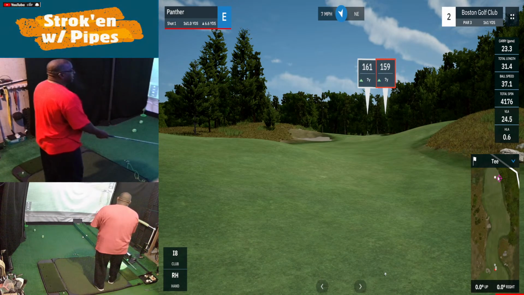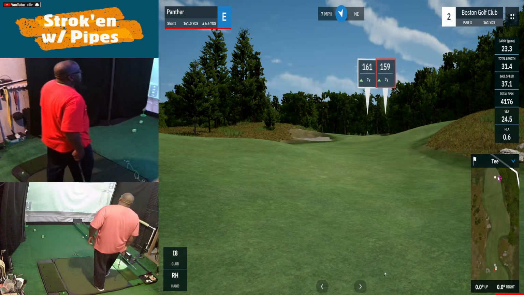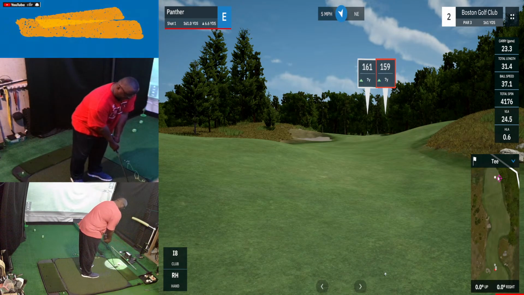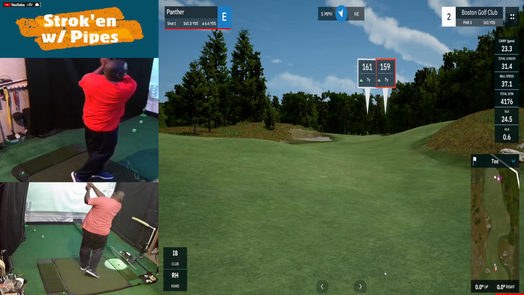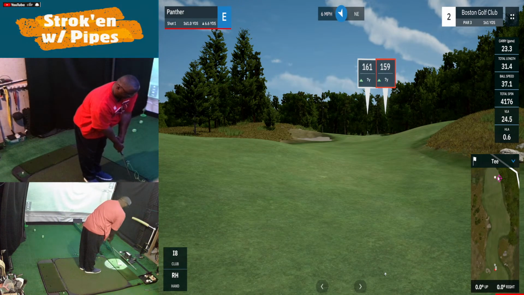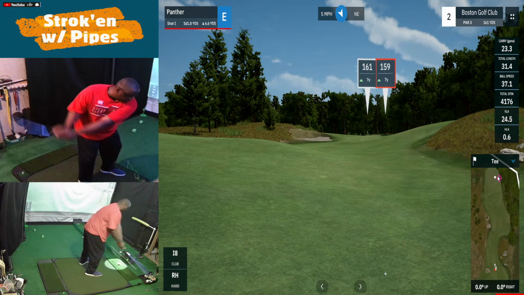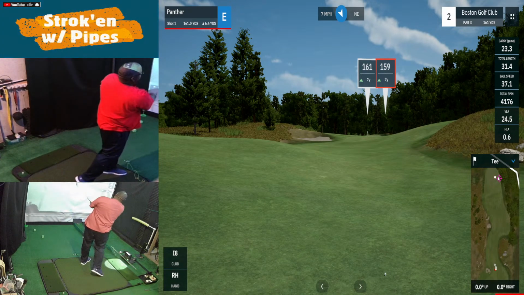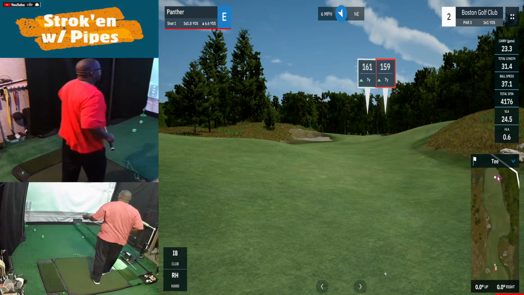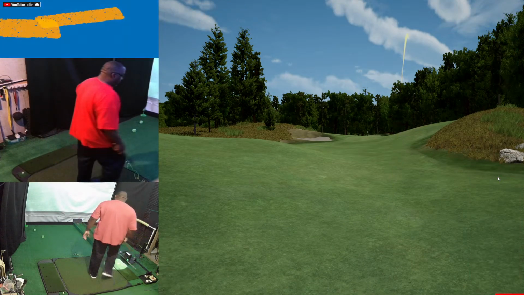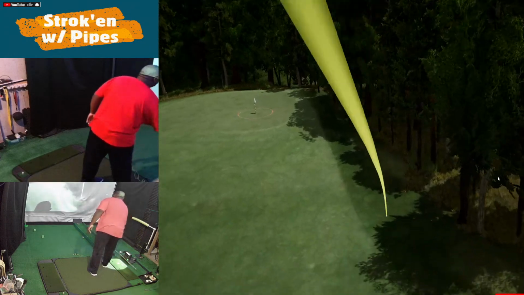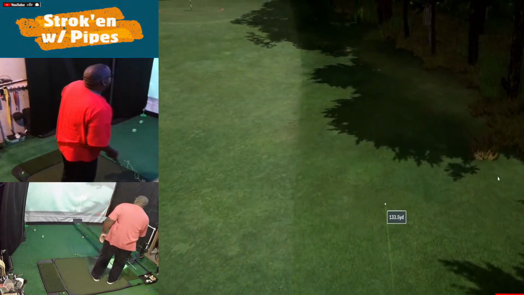So we'll go ahead and just hit a couple shots here to get up to the green, because there are a couple other things I want to show in the video. All right, we'll go ahead and play a couple holes, the 3 holes we have with this par 3. Oh, a little stiff there, and now we're worrying about